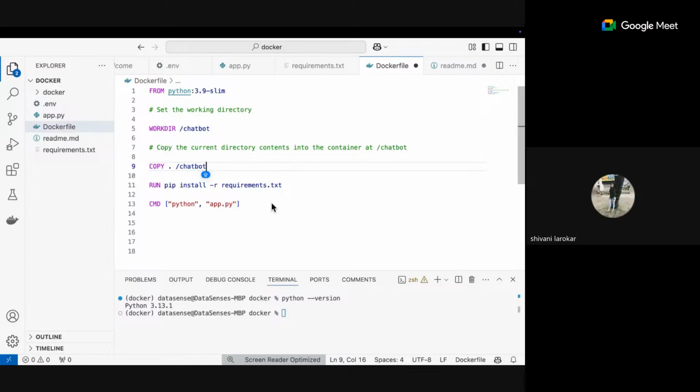Work directory itself is a folder, and in that chatbot is another folder lying. Yeah, work directory is just an indication that you're setting this as your work directory. So whatever code you run from now will run inside this work directory. Just like we write cd commands here, we say cd desktop and all that.